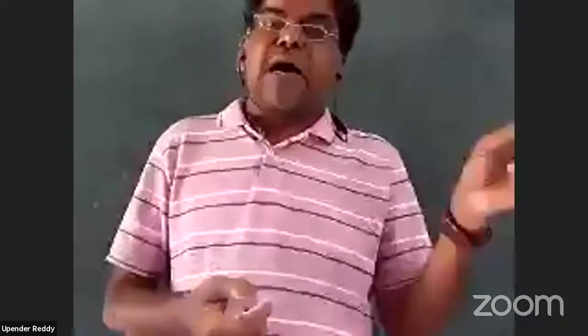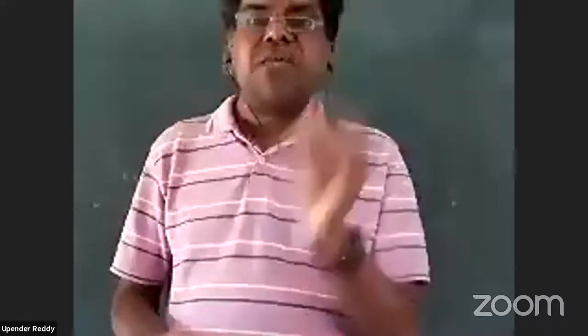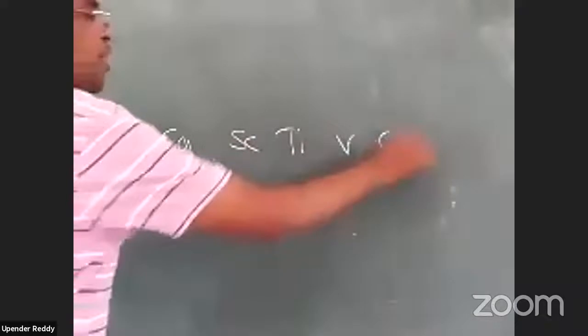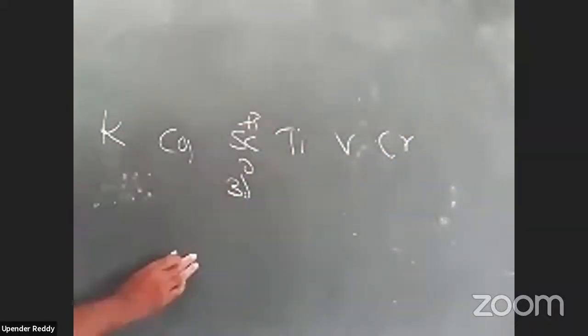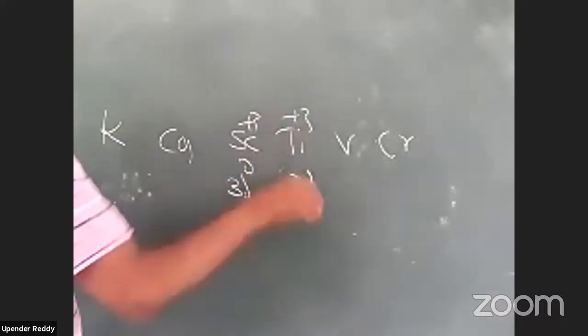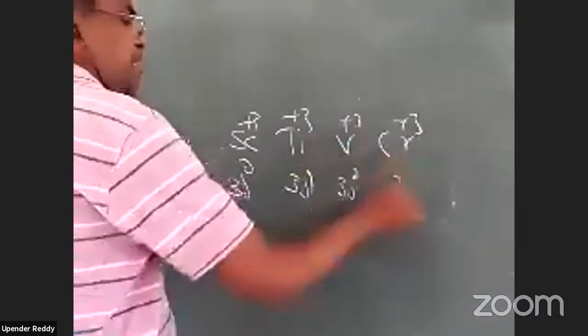But aluminium is less lustrous. As we go left to right, atomic radius decreases, charge increases, the number of electrons in the pool increases, and metallic nature decreases. Coming to our d-block elements now: potassium, calcium, scandium, titanium, vanadium, chromium, like this. Scandium 3d0 plus 3, titanium plus 3, 3d1, vanadium plus 3, 3d2, chromium plus 3, 3d3,